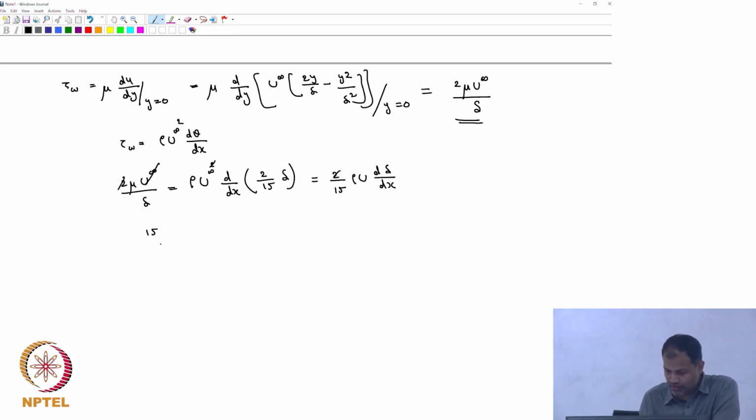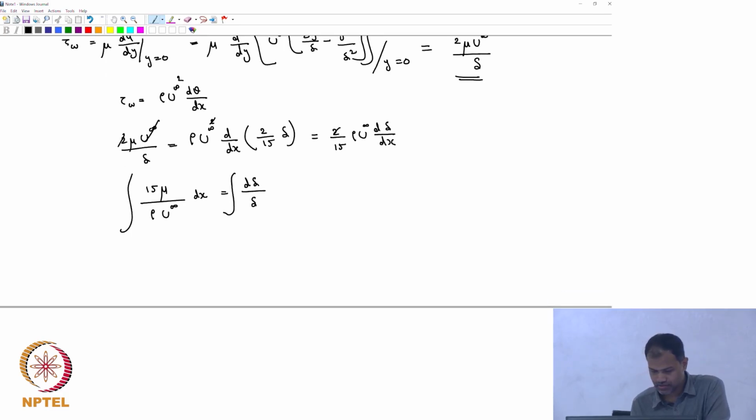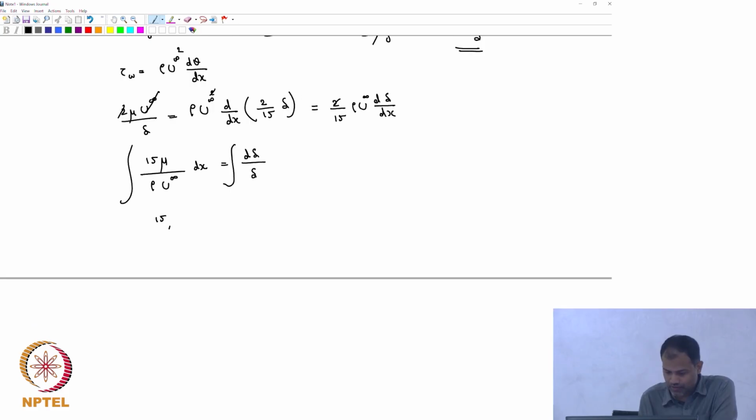We have 15 mu by rho u infinity dx is equal to delta d delta, and integrating, we are going to get 15 mu by rho u infinity into x is equal to